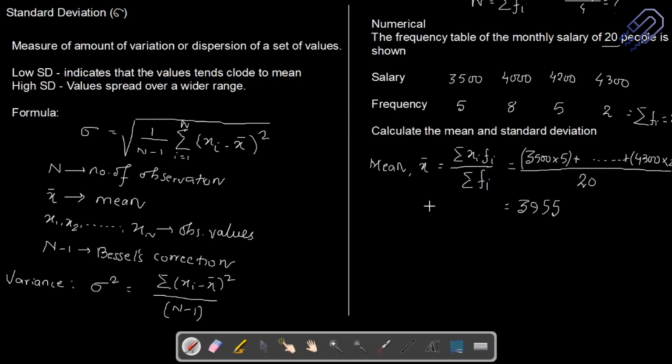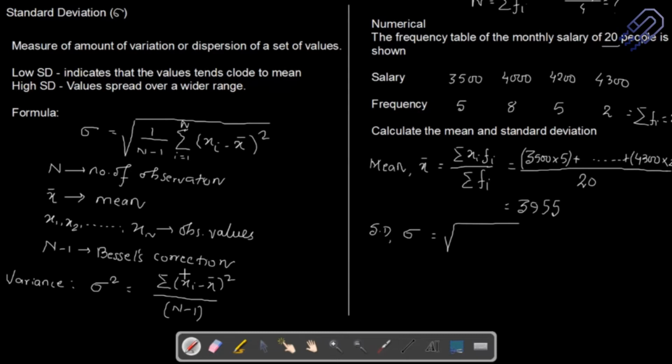This is so simple that I don't want to actually just give you this for calculation. I think it's okay. And then I want to find out what is the standard deviation, right? So if you just want to find out the standard deviation, I'll just put it up here, sigma. Okay, and then again the same logic here, that